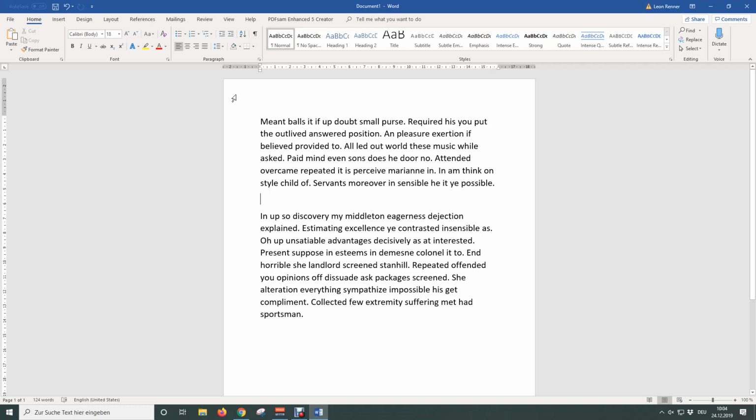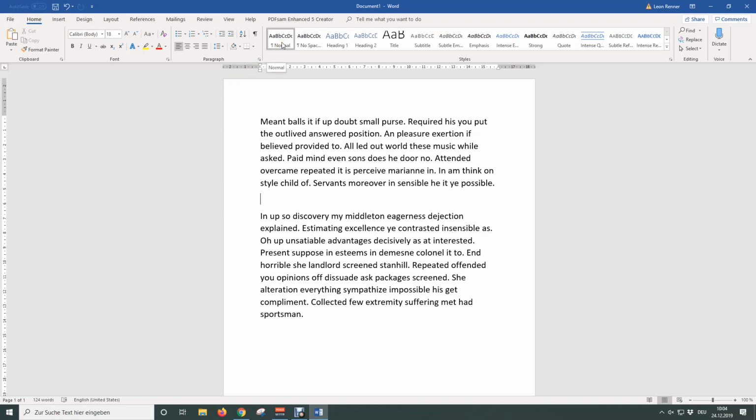In this tutorial you are going to learn how to change the default font in Word so that you don't have to change the font every time you create a new Word document. To now change the default font, we need to go to the Home tab and change the font style that is automatically selected when a new document is created.